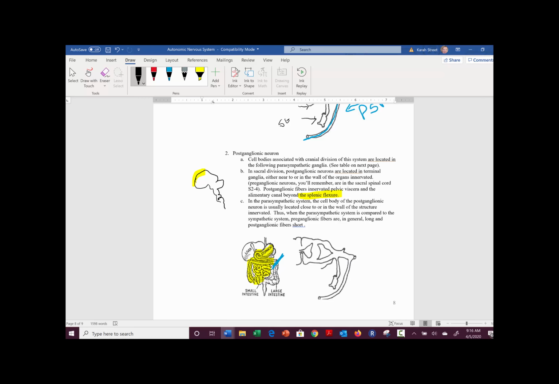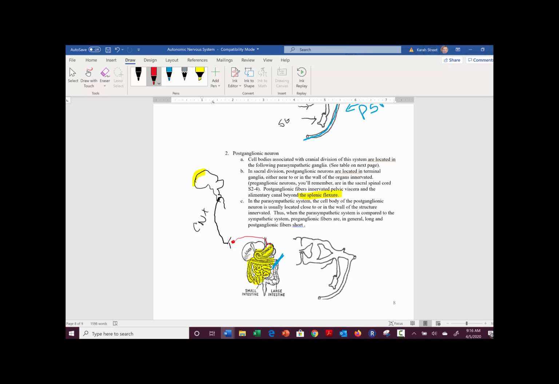We're going to have cranial nerve 10, which is a preganglionic fiber, and it's going to synapse. I'm just going to draw it randomly here. So this is cranial nerve 10. It's going to synapse on a postganglionic parasympathetic cell body found in the wall of the involuntary effector called a terminal ganglia. And then this one will terminate